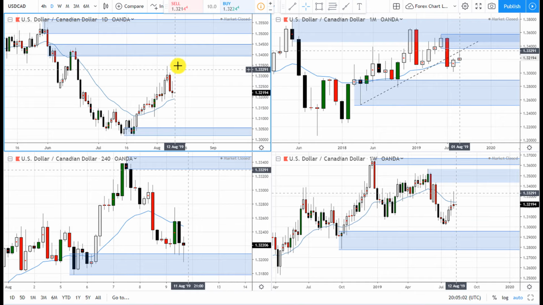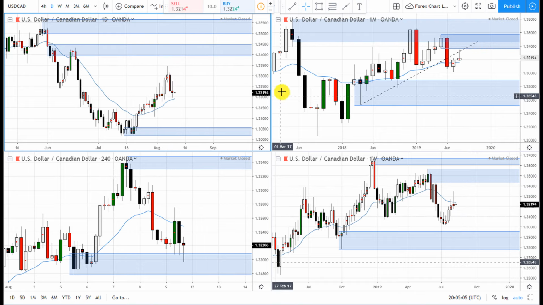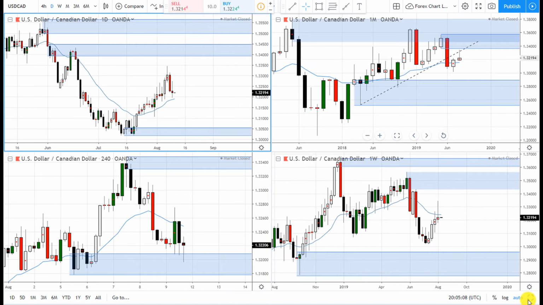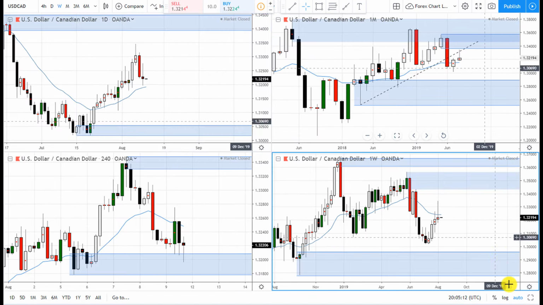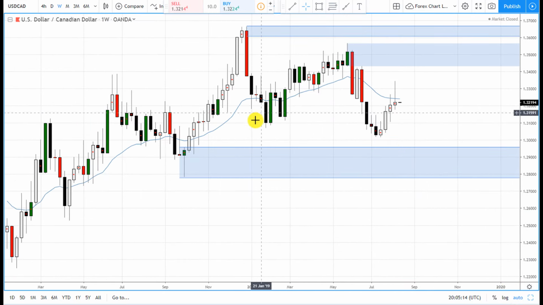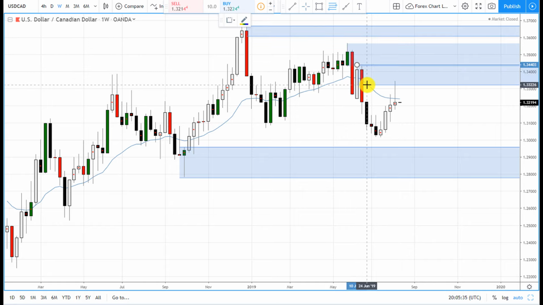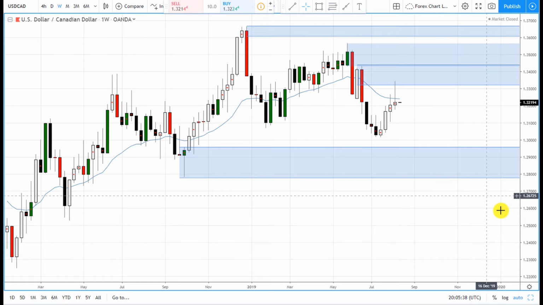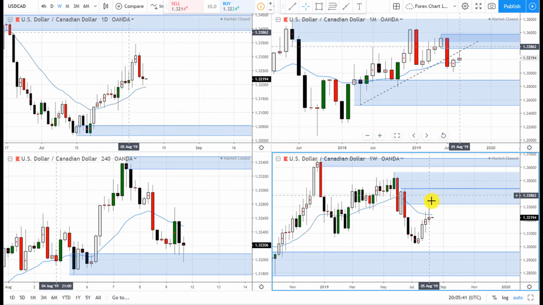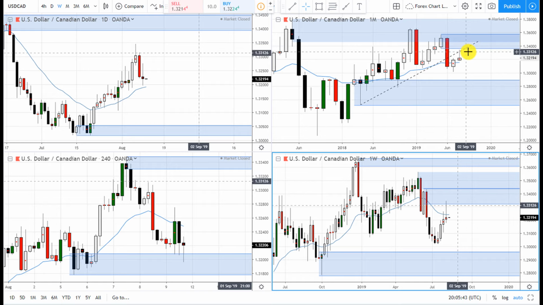There's technically no other supply zone besides up here, but the only thing that I'm concerned about is on the weekly, we have this area of supply, and then they also have this continuation pattern, which is like a drop rally base. So it could be a level of supply right here potentially. So it's like a level on top of a level almost, and it's so close to the area of supply that